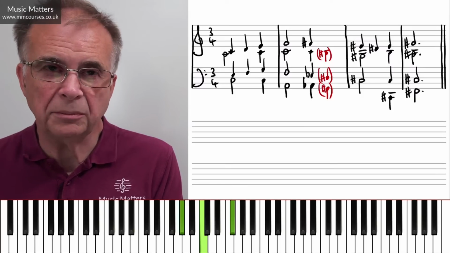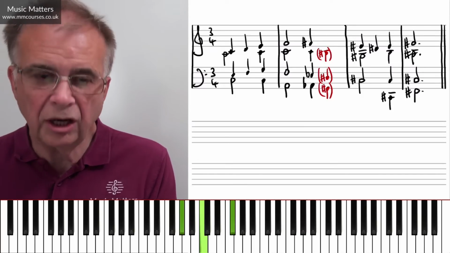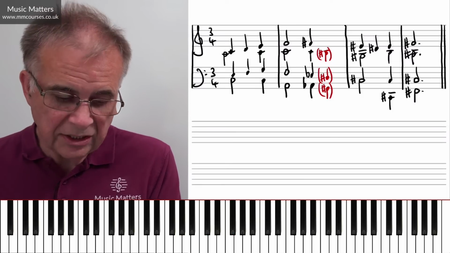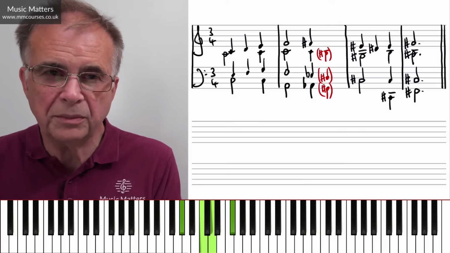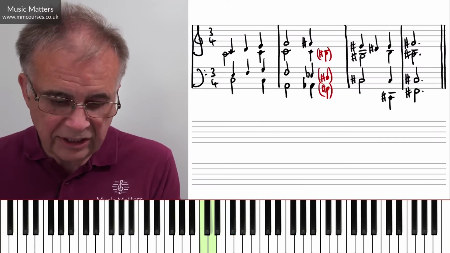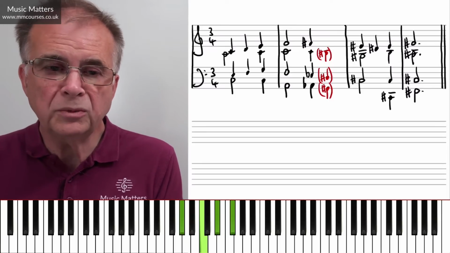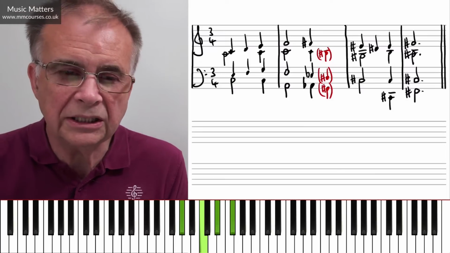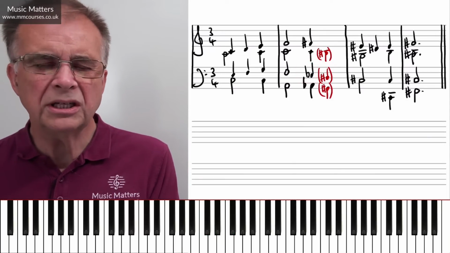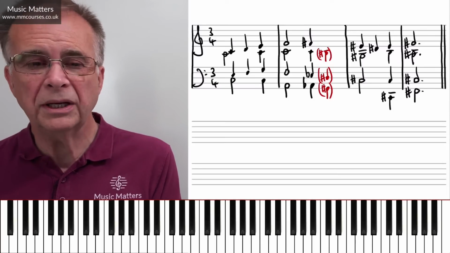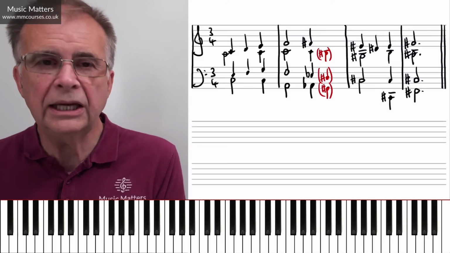Well, you might think, does it matter which one I use? What we've basically got at this point with A flat at the bottom, F sharp and then a C is an Italian 6th. If I add a D into the middle of it, an augmented 4th above the bottom A flat, we call it a French 6th. If I put an E flat in it, a perfect 5th above the bottom note, we call it a German 6th. So I'm using a German 6th. Could I have used an Italian 6th or a French 6th? Possibly. The German 6th in this case is more useful to us, and we'll find out why in just a moment.